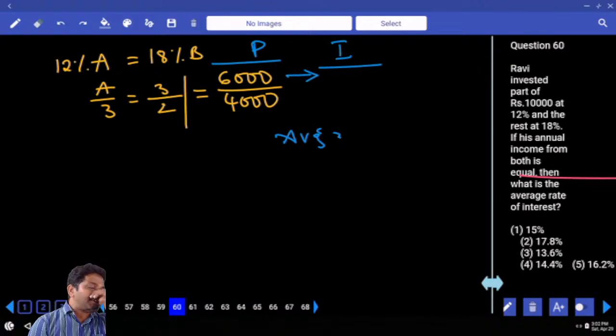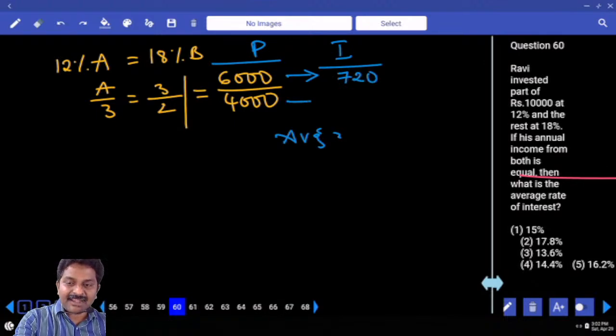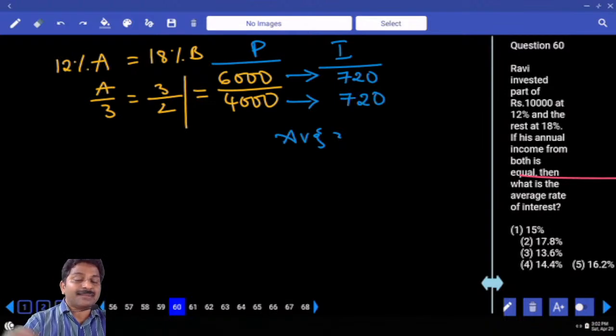First one, principal is 6,000. What is the rate of interest offered on it? 12%, which is 720 only. Second one, what is the rate of interest offered? 18% on 4,000, that is 720. What is the total interest obtained? 1,440 is the total interest obtained upon a principal of